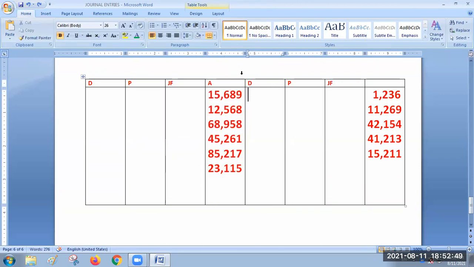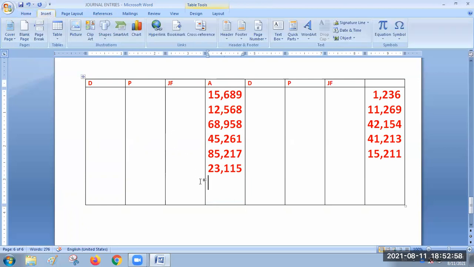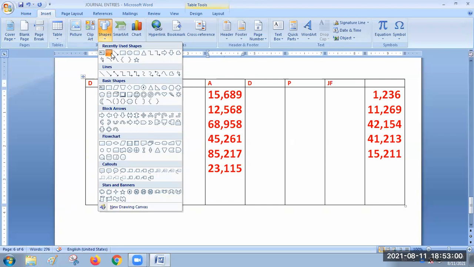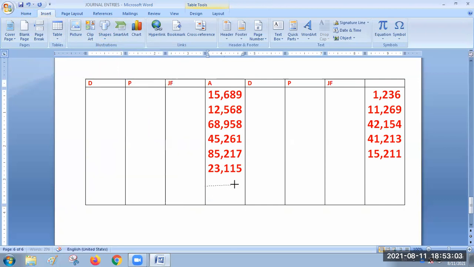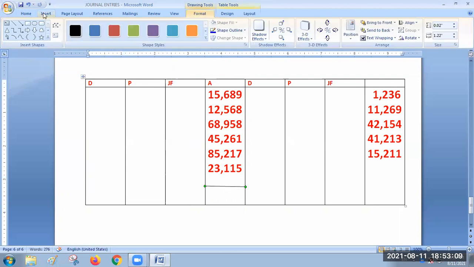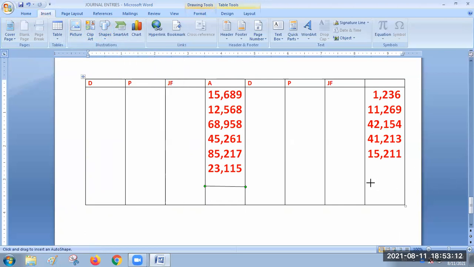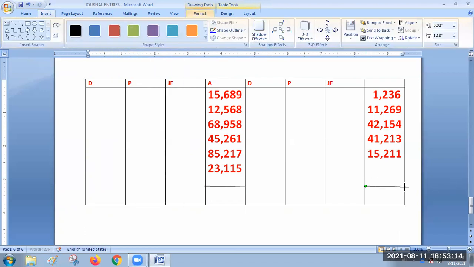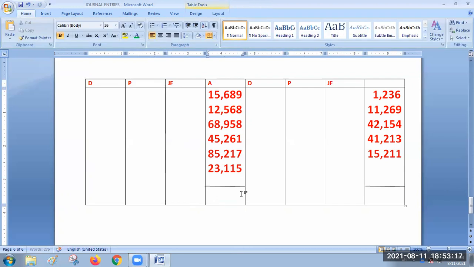As you all know, we are preparing cash account. In cash account, as I already told you, more amount is going to be on the debit side, so I will total first on the debit side. Now you can see: 5 plus 7 is 12, 12 plus 1 is 13, 13 plus 8 is 21, 21 plus 8 is 29, 29 plus 9 is 38.